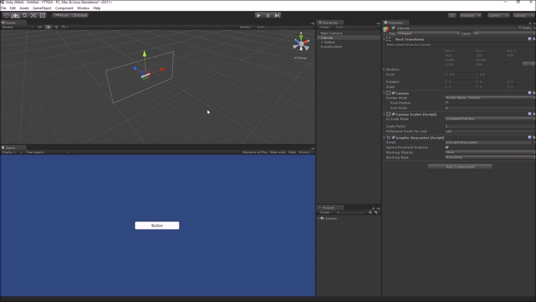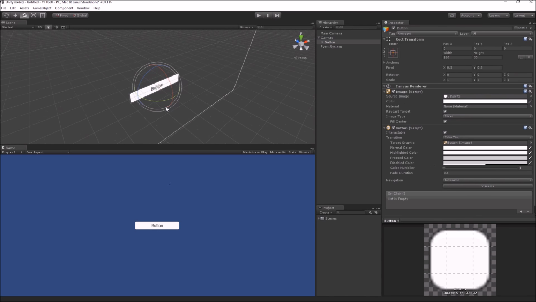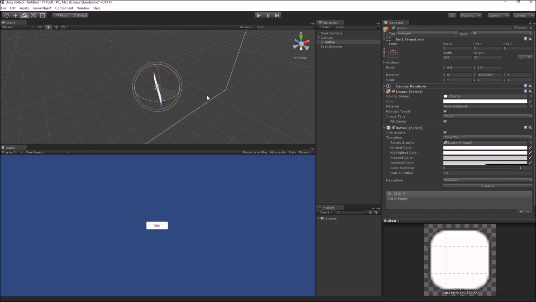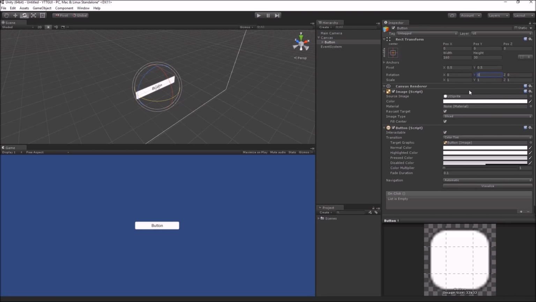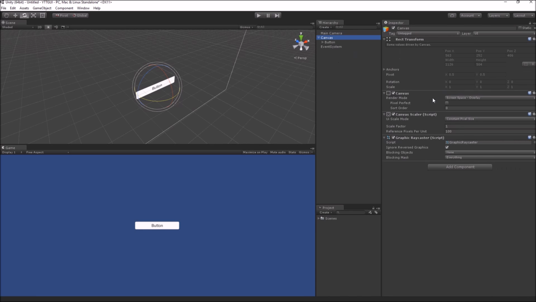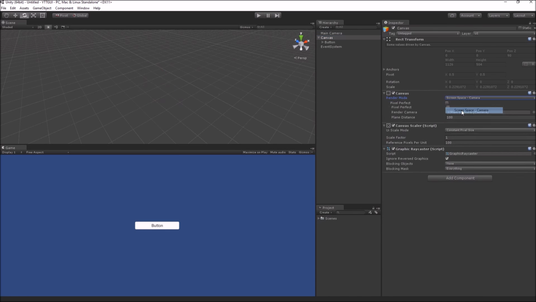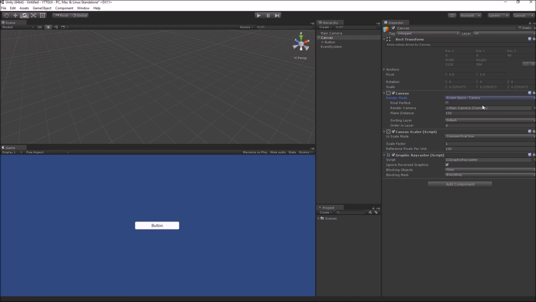However, if you want to have a perspective camera, if you don't like the orthographic view, for example, if you were now going to rotate the button, you can see the rotation is the orthographic rotation. You can't see the perspective effect when your GUI elements are rotated. So if you want that effect and more control over how your canvas is rendered, you can use the second render mode, which is screen space camera.